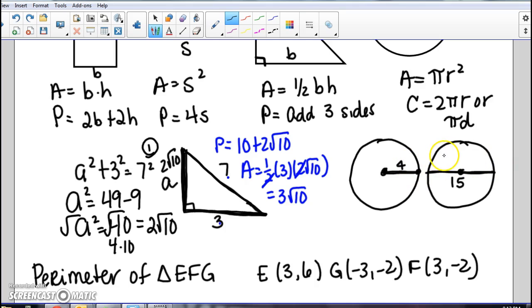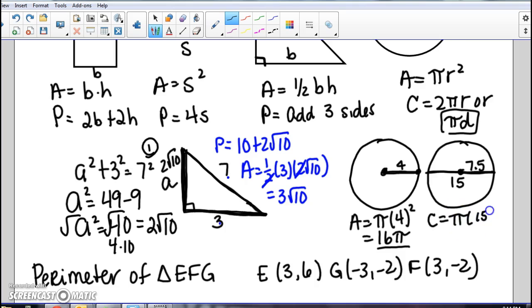Really what I want to talk about is if it wants you to do an exact answer. So exact answer means you leave it in terms of pi. So area for this one would be pi r squared. So you would put 4 squared and do 16, and you would do 16 pi, and that would be what we call an exact answer. If they want you to approximate, you would put 3.14 in for pi, but this is exact. In the case of this one, let's say it wanted circumference, then a good way to do that is pi d, or you can find the radius. It's 7.5 for a radius, half of that. But if you take pi times d, and we want it exact,